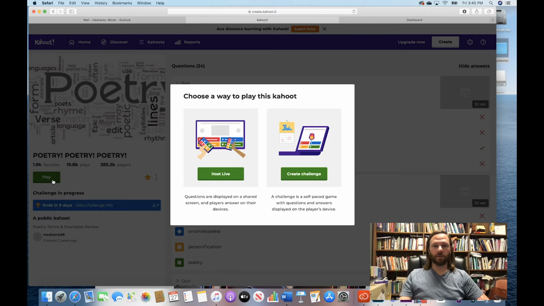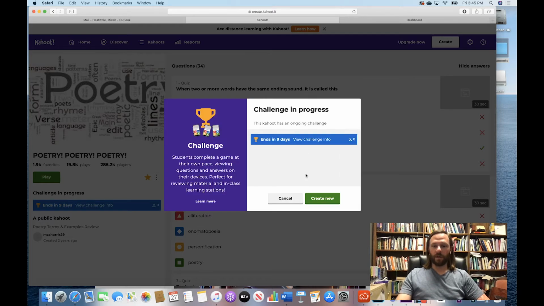Here you'll have the option to either host it live or to create a challenge. So if you want to host it live, you need to have something like Zoom or LifeSize or something else that allows you to connect with your students in real time. But if you don't have access to any of that, you can just go to Create Challenge. So if you just click on Create Challenge there, just go to Create New,